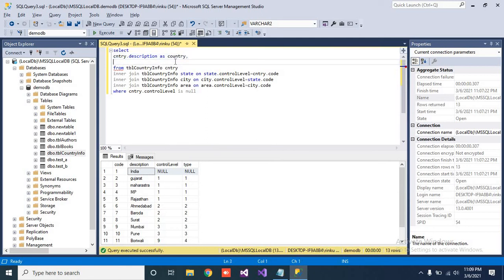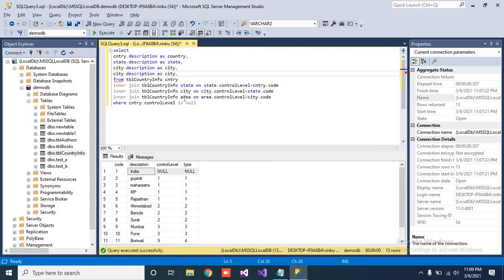Same, we will copy. Now for the state, state dot description as state. Next for the city, city dot description as city, and the next one is area, so area dot description as area. Now run the query, just remove the comma.